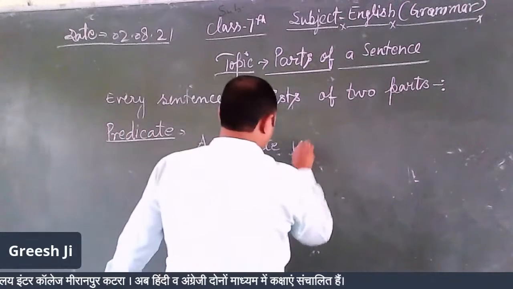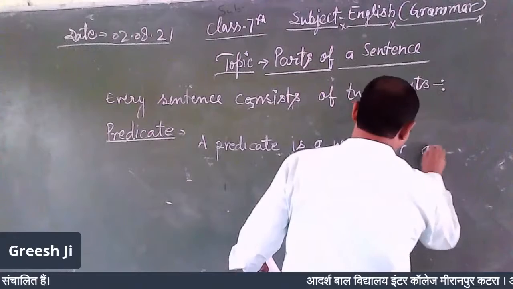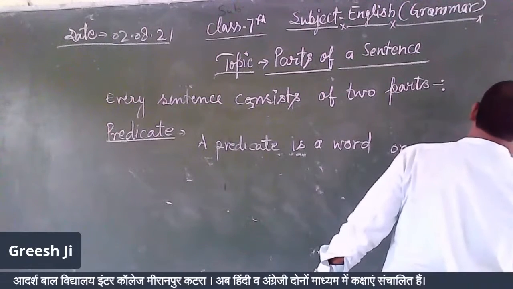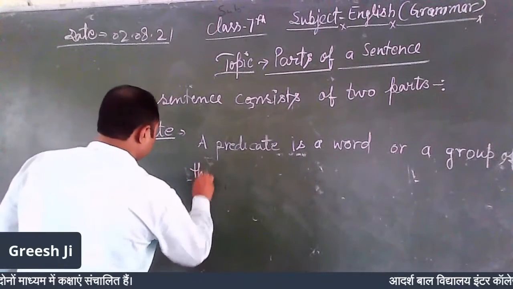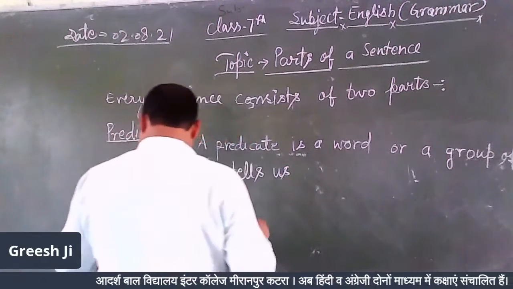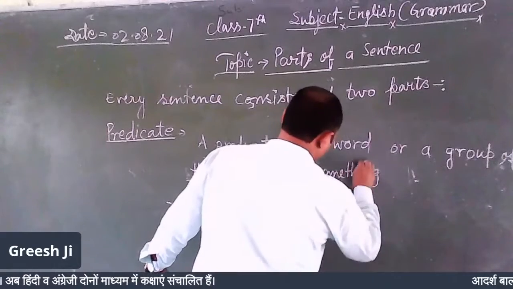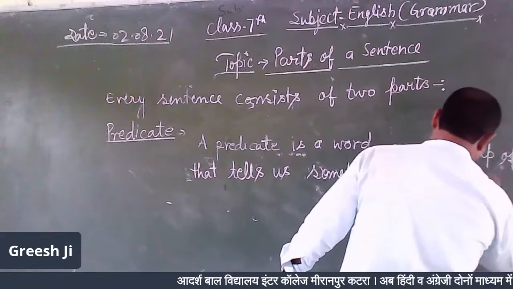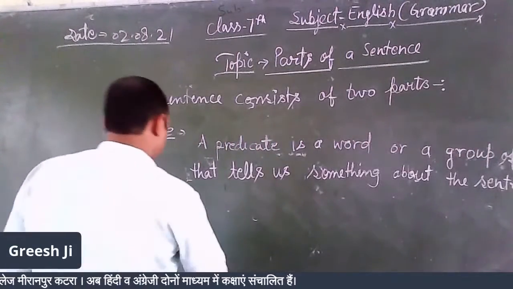A predicate is a word or a group of words that tells us something about the sentence. For example,